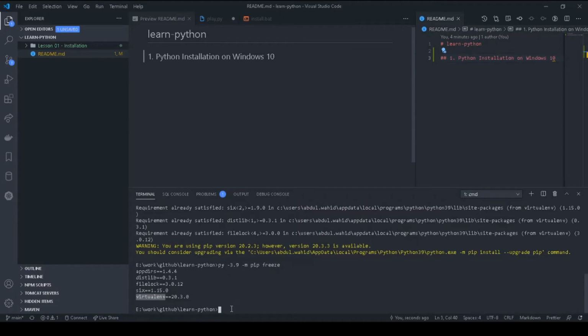Okay, now we will set up our environment by running this command, venv, that is the name of our virtual environment, venv.